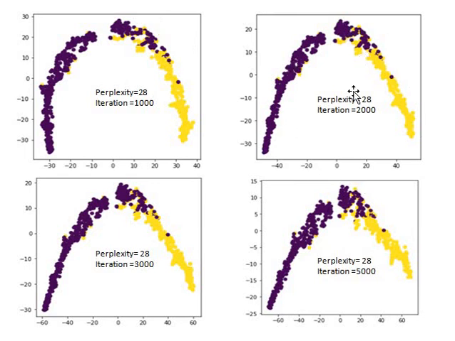When our perplexity is constant and the iteration is 2000, then our data set looks like this. This visualization is after we apply t-SNE on a particular data set. These graphs are plotted using Python. When our perplexity is 28 and our iteration is increased by another 1000, here we have 3000 iterations, then our data set looks like this. When we have 5000 iterations, our data set looks like this. You can see the position of each data point changes when we change the iteration as well as the perplexity.